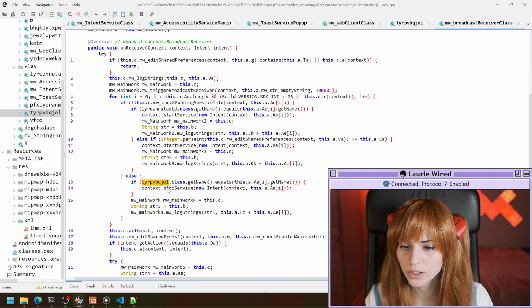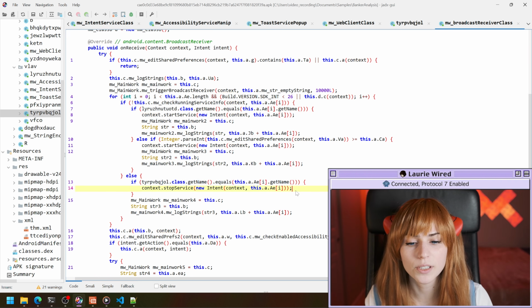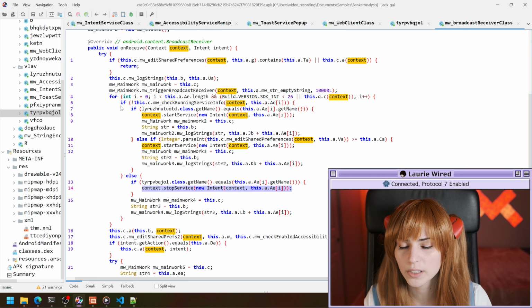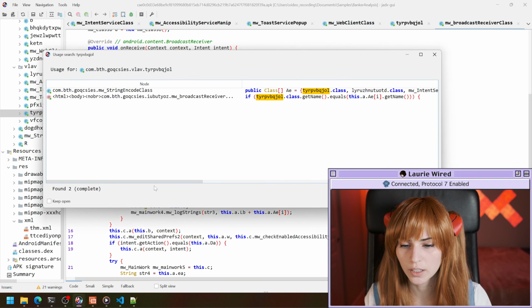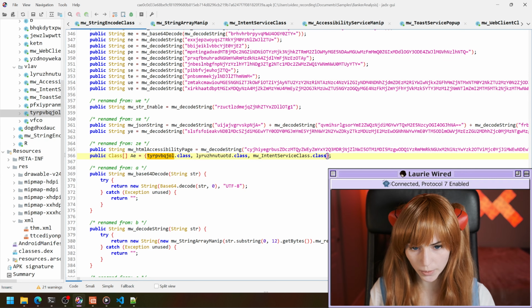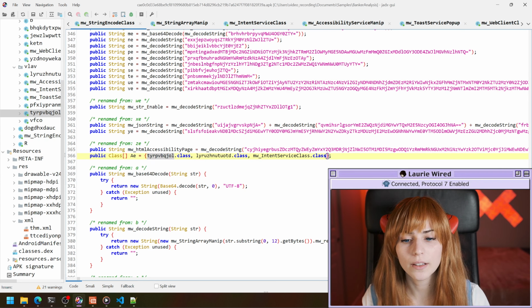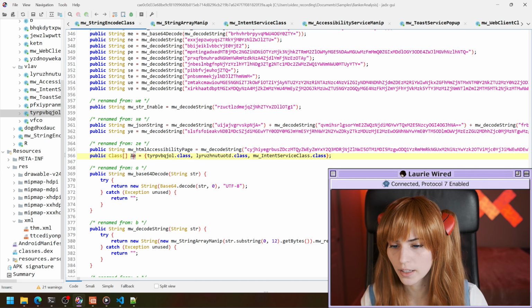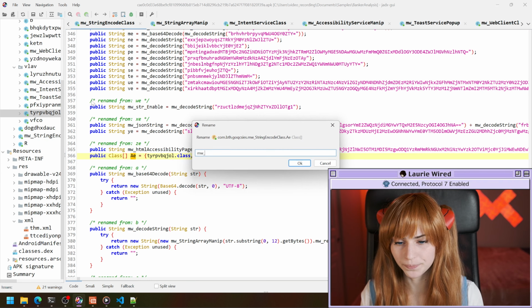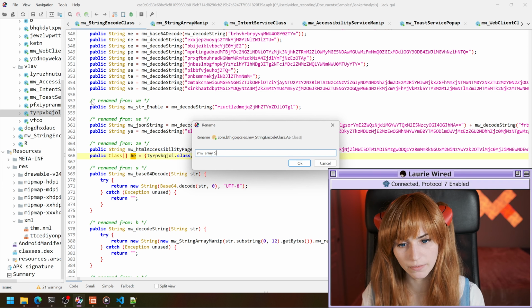I think this is just checking to see if the service is already running, and if so, it's probably stopping the service. So let me try one more time. And we're storing 3 classes into an array. So let me say this is malware array, services classes,